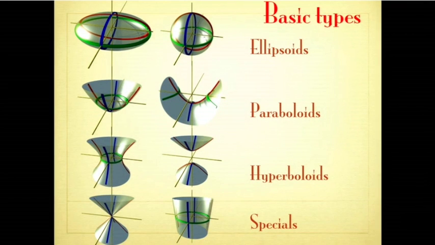And maybe just to make order, so there are ellipsoids, paraboloids, and hyperboloids, and the special cases. The special cases are actually often the most important ones. They appear a lot in examples. For example, the cone is extremely important in physics, the light cone, or also in geometry, you can get any conic section from the cone. So it's a very important surface. Cylinders, of course, are also very important, as you have seen when you did the Mathematica project to build stuff.